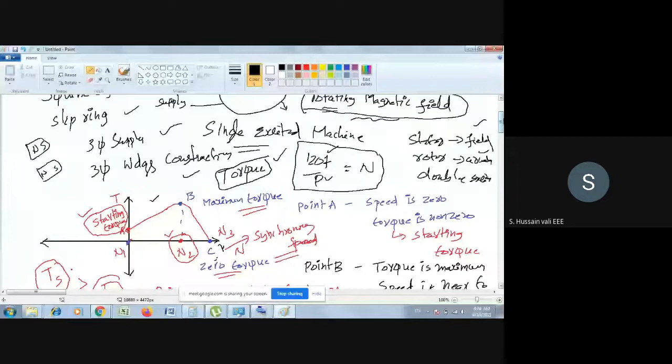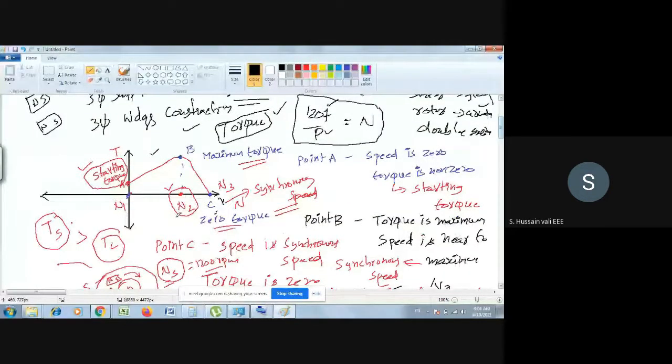One more thing: in the torque speed characteristics, we have taken speed as the x-axis. In some documents you will find that instead of speed you have the slip. Yes, you can put slip also, because there is a relationship between slip and speed: S is equal to (Ns minus Nr) by Ns. When speed is 0, the slip is Ns by Ns, which is 1. When speed is equal to synchronous speed, S is equal to 0. So here S is 1 and here S is 0. As the slip decreases, the speed increases.